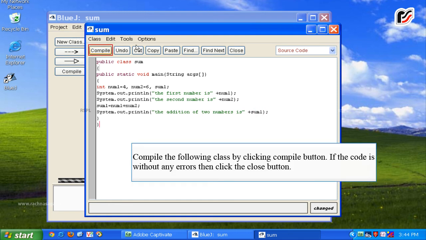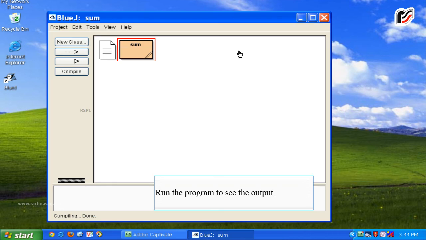Compile the following class by clicking Compile button. If the code is without any errors, then click the Close button. Run the program to see the output.